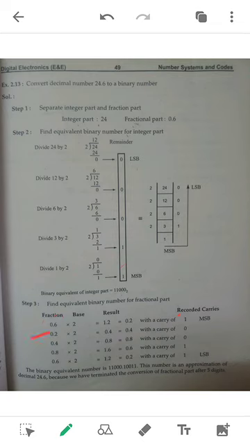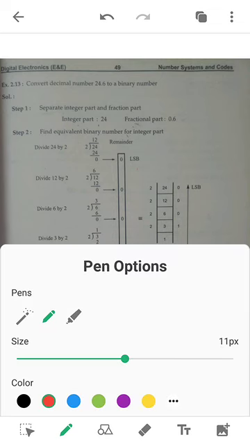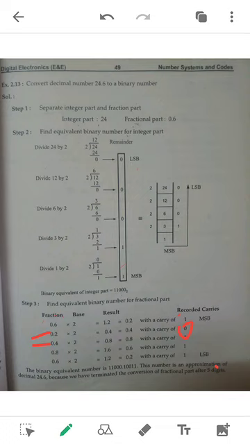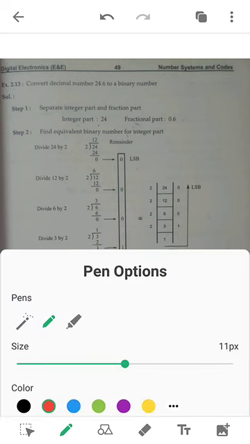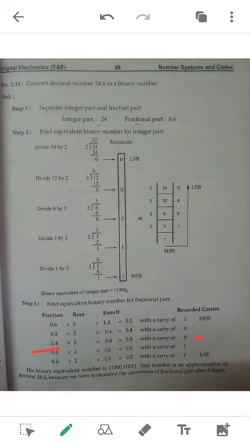So the integer is 0. Here you have to put the integer as 0. You are getting 0.4. So again the 0.4 has to be multiplied by 2 in the third step. Here in the third step you have to multiply 0.4 by 2. You are getting 0.8. So 0 again is a carry. That carry you have to put here. Then again 0.8 you have to multiply by 2. That is the next step. So 1.6 you are getting. So integer 1 you have to take as a carry.